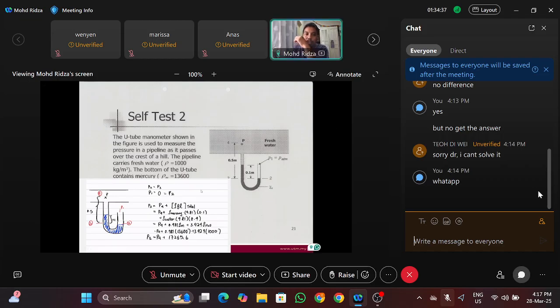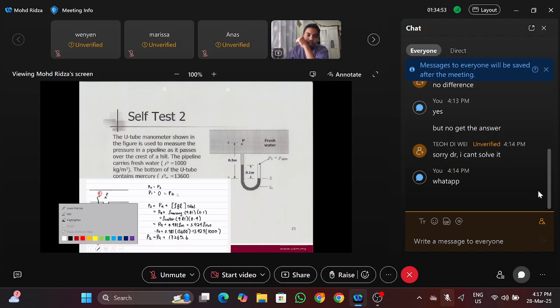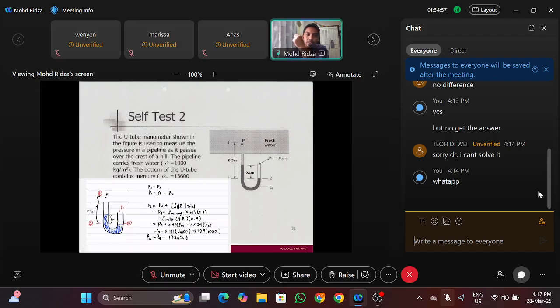Right. P3 equals P2, which is correct. The two points have the same pressure. P1 equals 0 equals P2, right? P1 equals P2. But instead of using gauge pressure here, because the question asks for absolute pressure, you have to change this. Instead of 0, you have to use